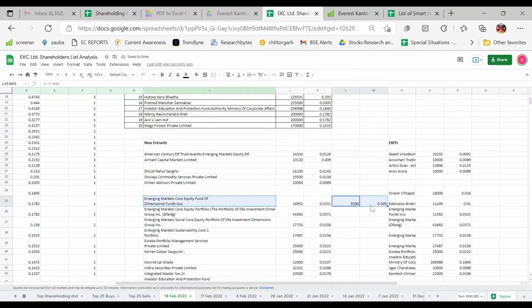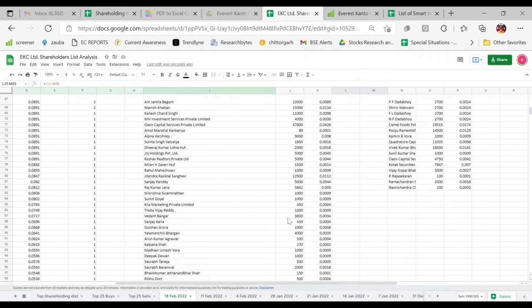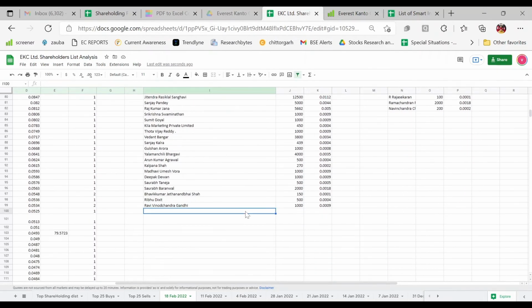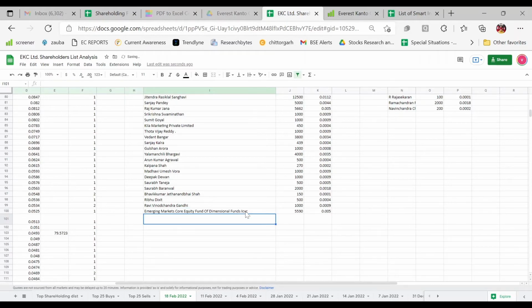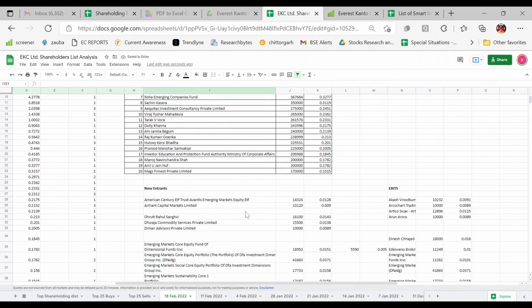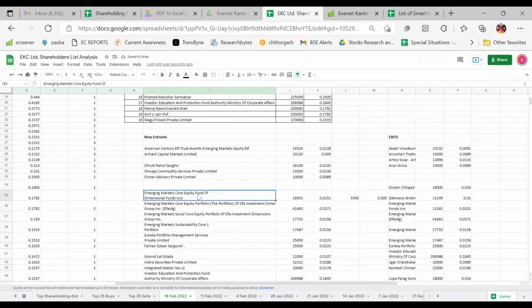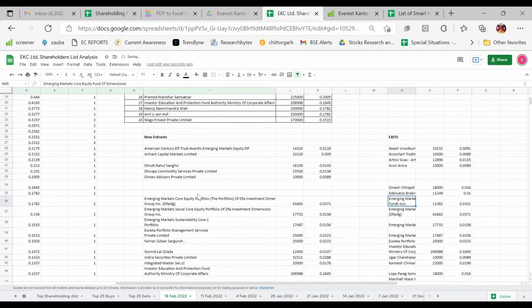So I'll select this, Control C, and paste special. I just need the values, I don't need the formula. I'll format it a little. Now they have increased their stake, so they have not entered or exited. So I'll just delete these values from here and from here. Seems good now. Now for the next one, let's see the other name.